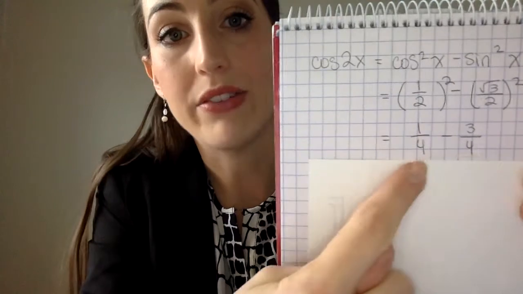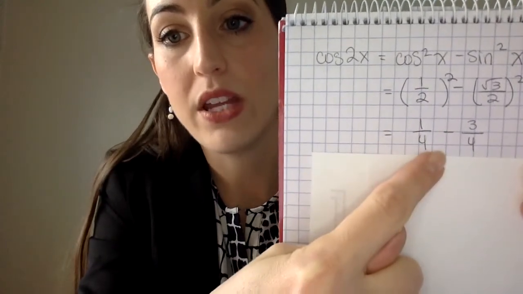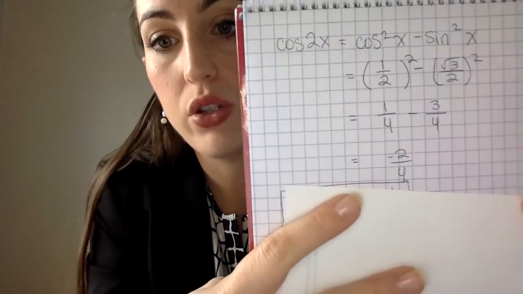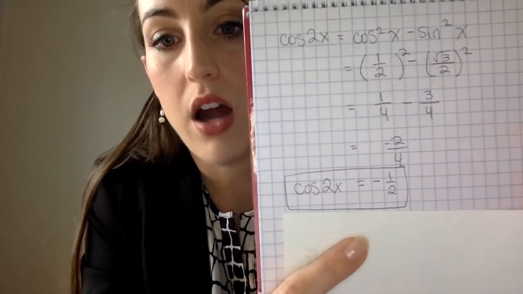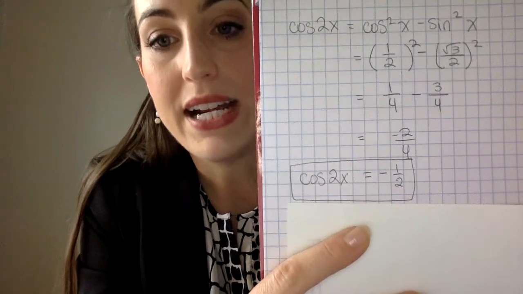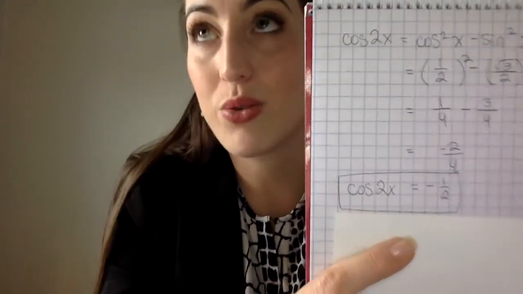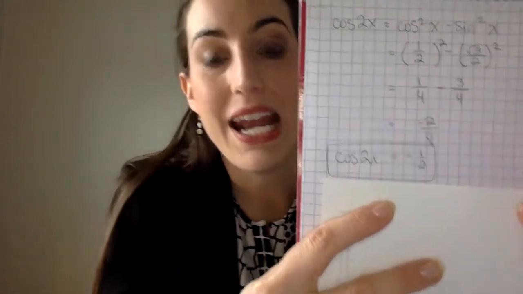And now we have like denominators, so we can subtract those fractions. So 1 minus 3 gives us a minus 2 in the top, and we'll reduce that. Our cosine double angle is -1/2. Okay, we've answered 2 of the 3 parts of this question. Now comes our last part,